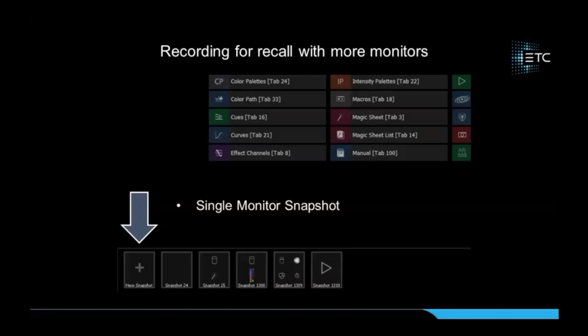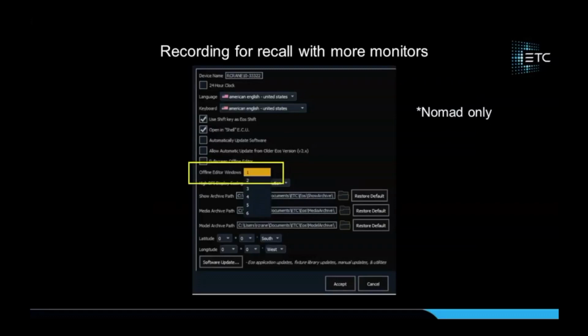And then the other way is with Nomad. So in the shell of Nomad, there is a pull down to let you select how many windows you have. I didn't do a screenshot of this, I'll just talk about it. So we can set this to be however many monitors you are going to have. So I could set this to be 4, and then there's going to be 4 separate windows in your Nomad software. And the key here, this is what I didn't take a picture of,